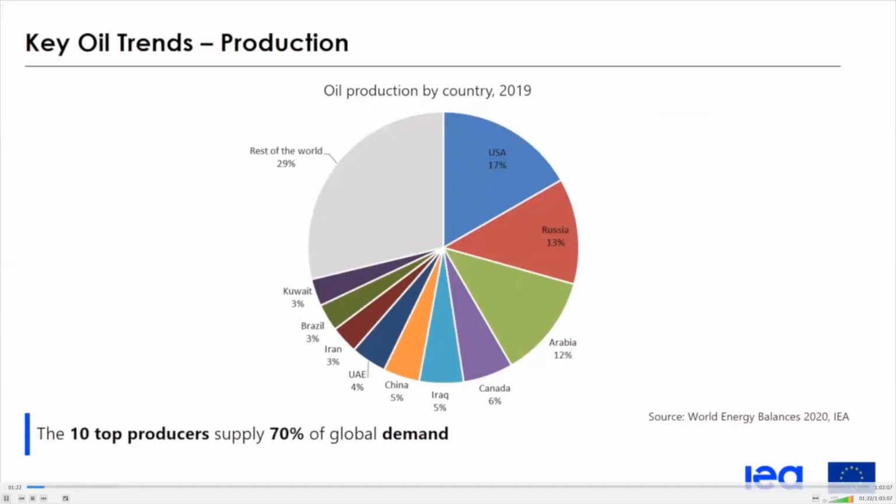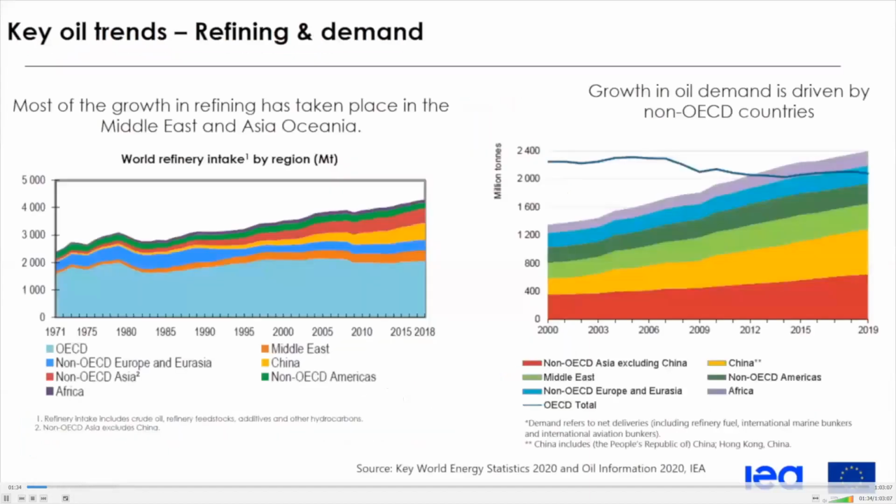Here we are talking about crude oil, but this is not the only part of these categories. We also discuss refined oil products, secondary oil products. So if we have a look now at the world refinery intakes, we can see that although OECD refinery intakes stayed more or less stable over time, we have an important growth of refinery activities in several non-OECD regions, such as China, Asia, Middle East.